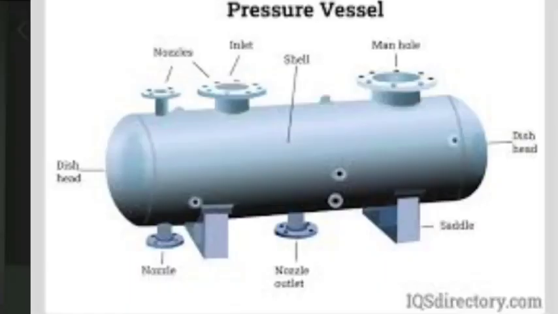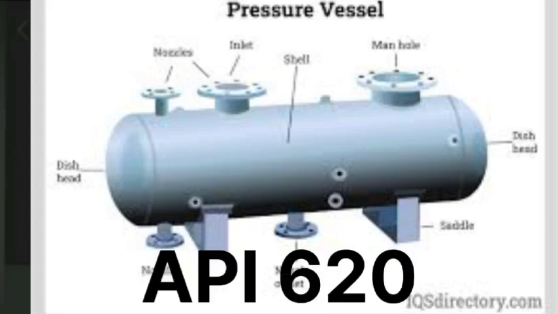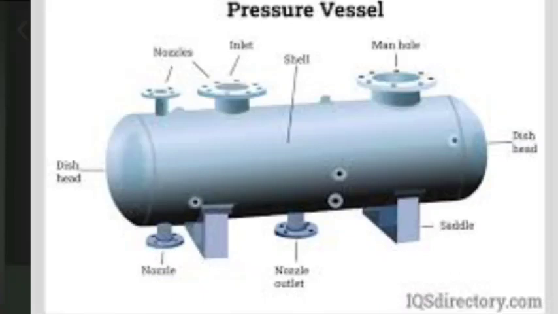So we can go as required, as per client requirement. There is no set limit on diameter as per API. They have given what things are to be considered. Accordingly, we have to do the calculation, and if it passes, then we can go with the size. They're not restricted on size, like pressure vessels. Only pressure has a limit. If more than that pressure, then we go with API 620. Yes, API 620 if pressure is increasing. The variable foot method we have to use when the tank sizes increase, more than 50